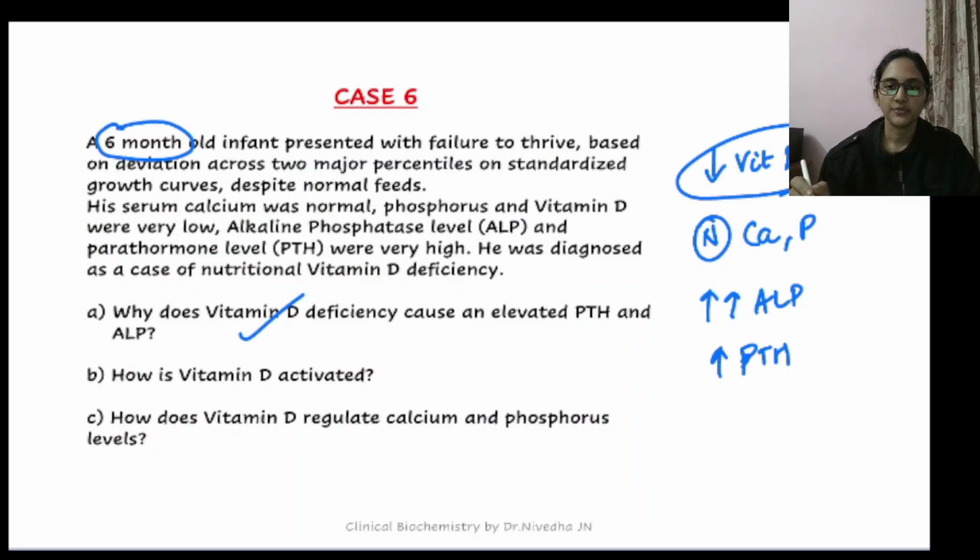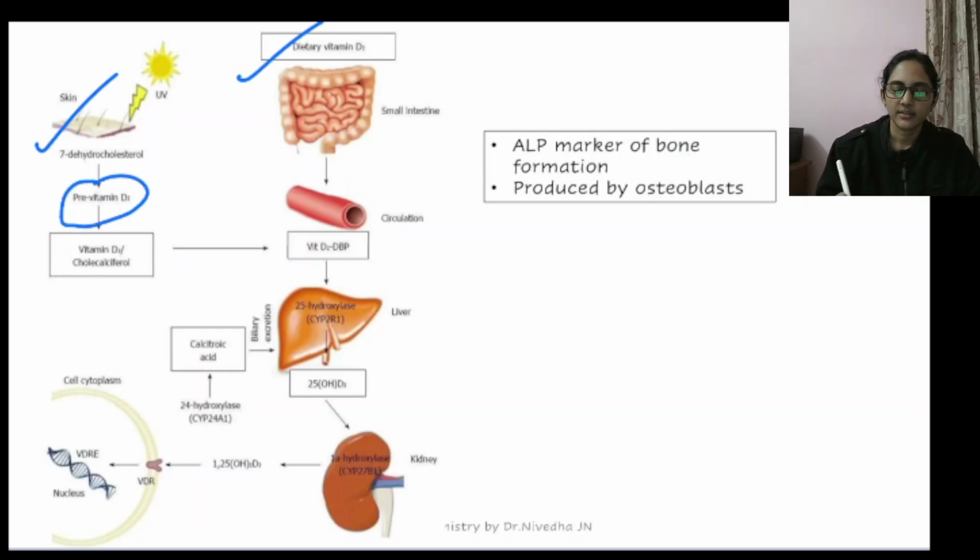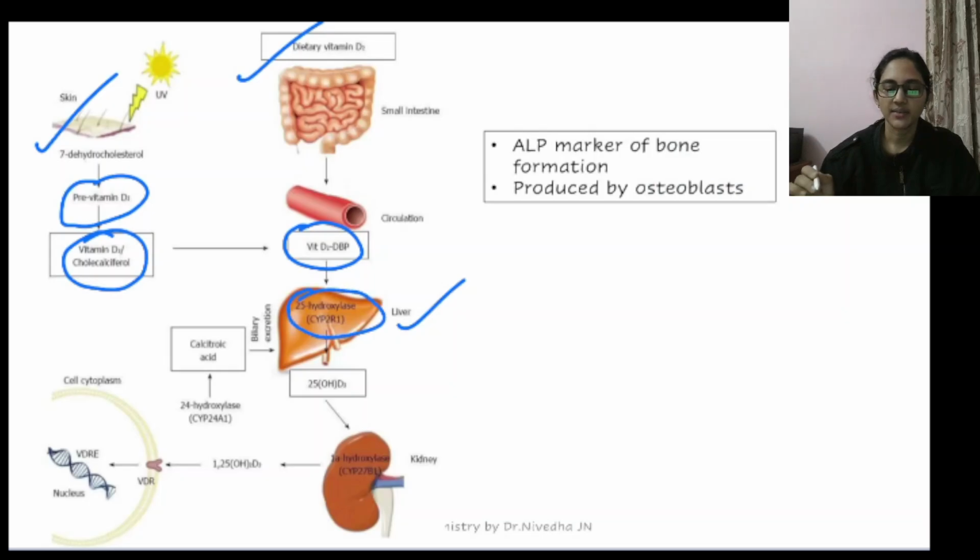Now, why does vitamin D deficiency cause an elevated PTH and ALP? So you know this already. Let me tell you again. Let's start with activation. So first thing is either through skin or through dietary, the vitamin D3. Through skin, it's vitamin D3. Dietary or some supplements will have vitamin D2. So both of which are entering into your circulation. It is going to the liver. In liver, with the help of the enzyme 25 hydroxylase, 25 hydroxy D3 is produced. And that goes to kidney, and with the help of the enzyme 1 alpha hydroxylase, 1,25 dihydroxy vitamin D is